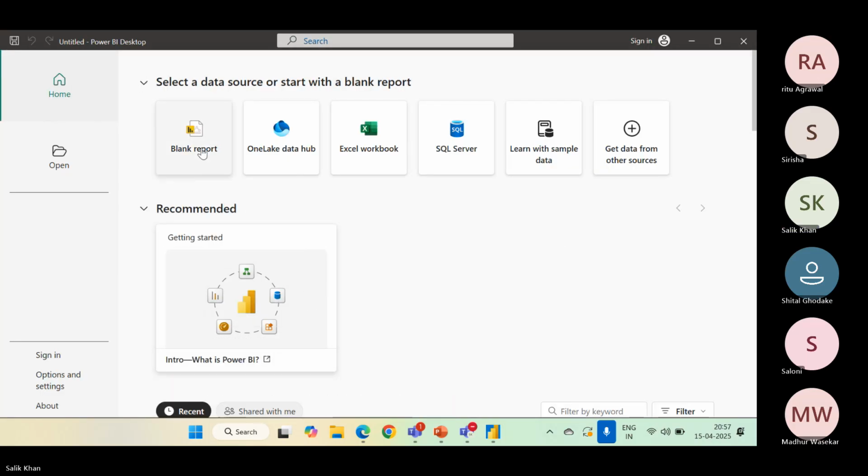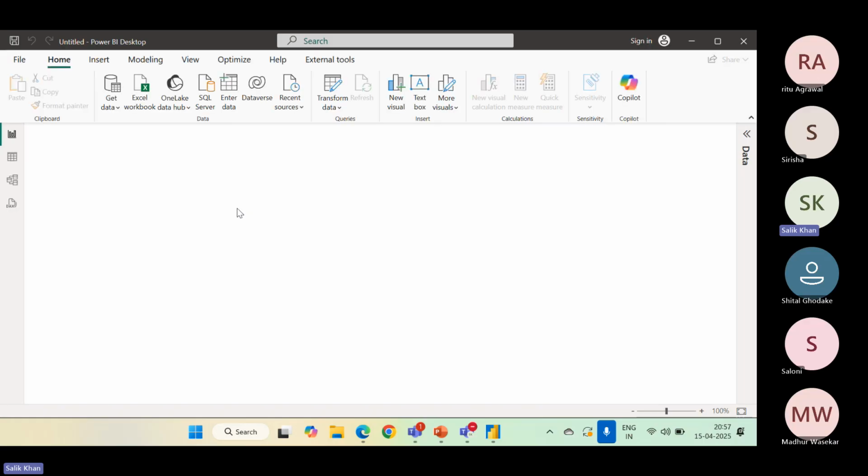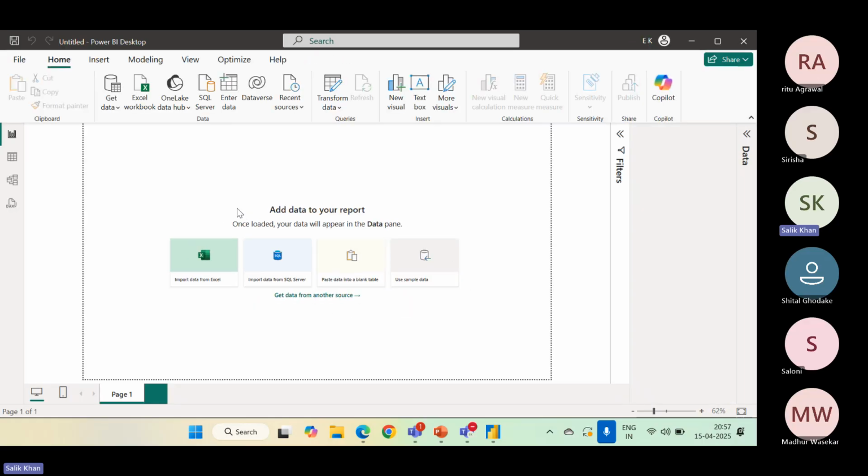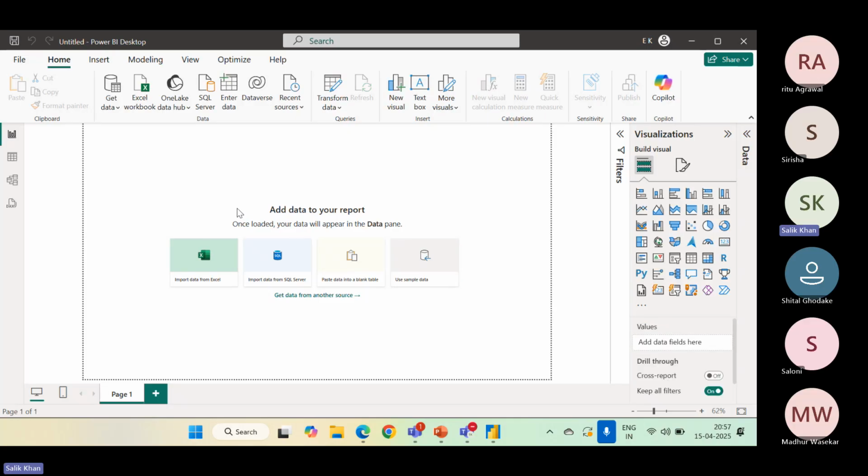So let me open the blank report. Today our focus will be on learning how to bring data from different sources into Power BI desktop. Now that I've opened Power BI desktop, this is a blank Power BI desktop instance. So you can see the